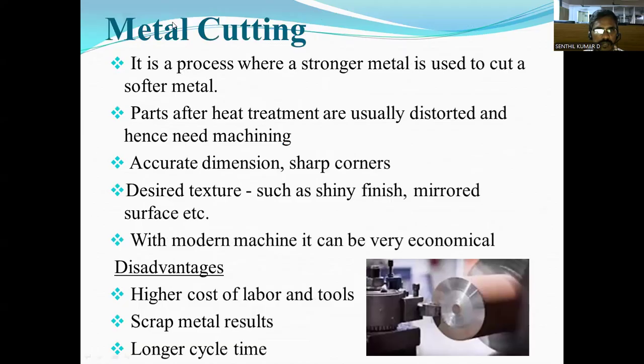Now we are dealing with metal cutting. It's a process where a stronger metal is used to cut a softer metal. Parts after heat treatment are usually distorted and hence need machining. This material removal can produce